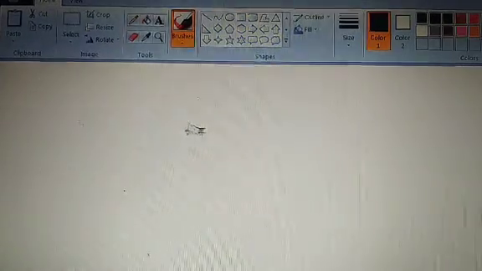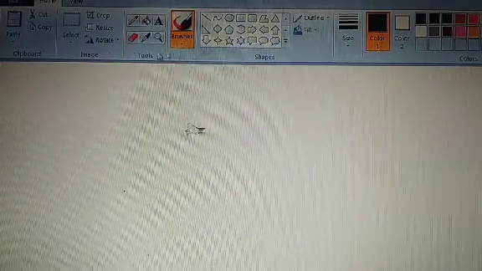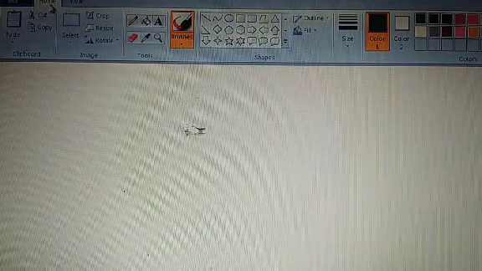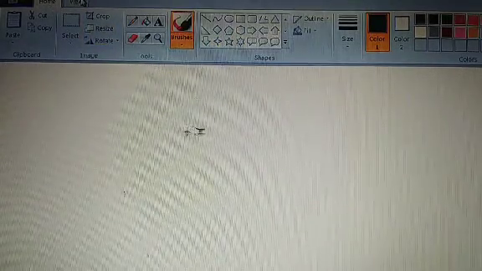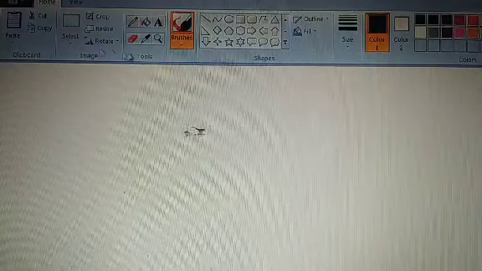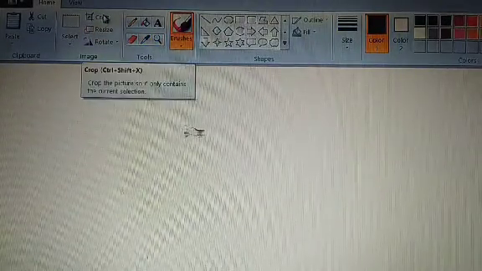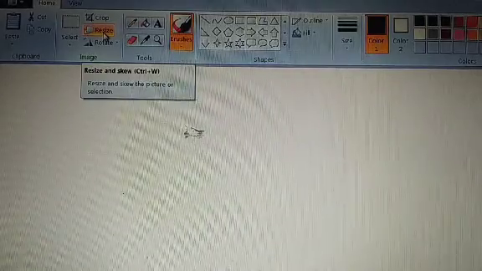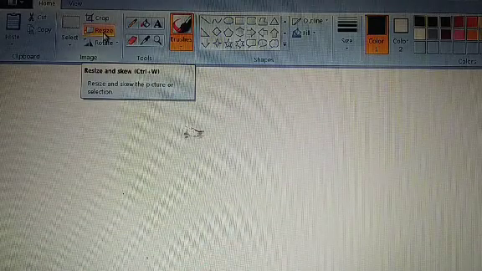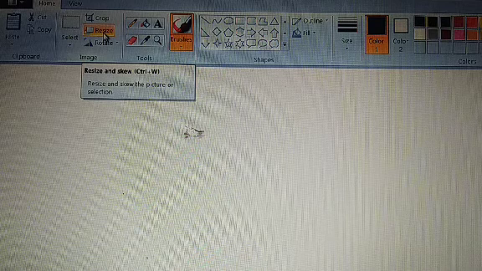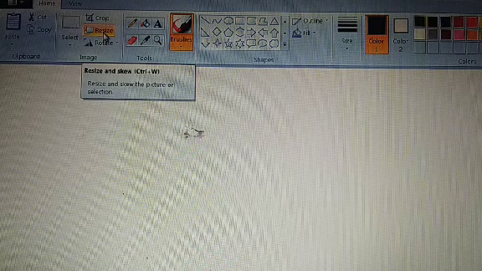Tabs and groups I've shown you. Together these parts are called the ribbon. This is the ribbon. Home tab, view tab, two tabs are there, and clipboard, image are groups. So tabs and groups together are called the ribbon. The title bar shows the title of the drawing.